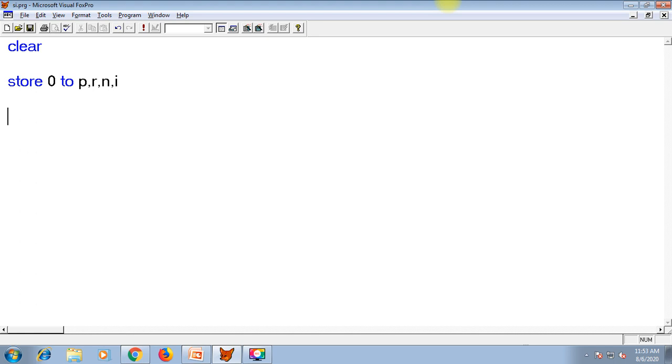Now we have to scan data for PRN. Here we can also give some heading saying what this program is about, just to inform the user. So let us try just to print. I am printing something somewhere. I want to print it in the middle of the screen. Okay, program to calculate simple interest. Let me try. Suppose 1 comma, let us see 20.